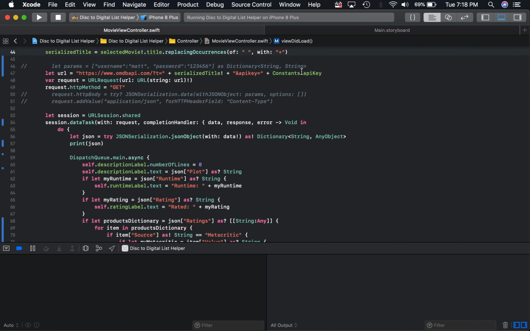So I went ahead and created a demo application to show you how to make API calls, and I found an API online that allows you to query based off of a movie title and get all sorts of information back on that movie. So first things first is you have to serialize that movie title. So if you take the movie title and you replace spaces with pluses to turn it into a valid URL,